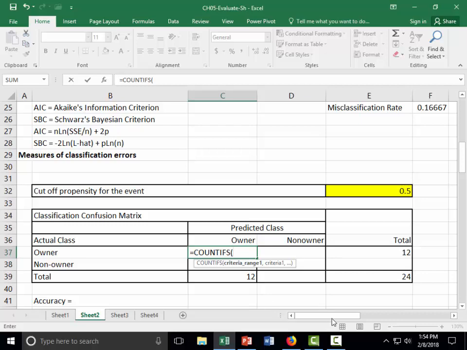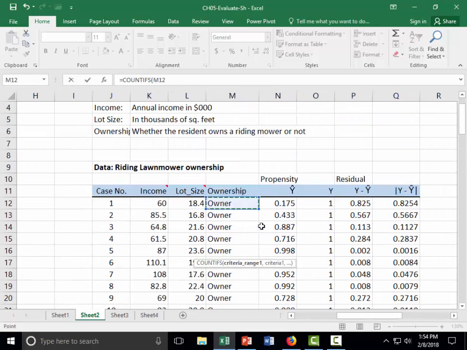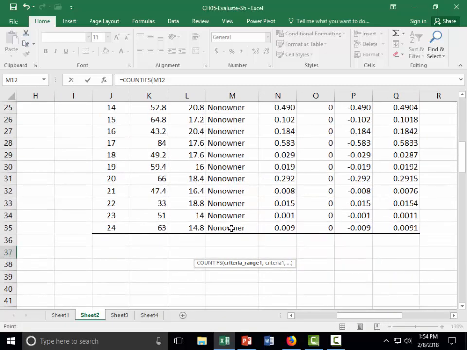Okay. So first let's do the actual event. So that is the range. Okay. So that's our range to be checked, and owner. Okay. So is that an owner? So that's your first condition,